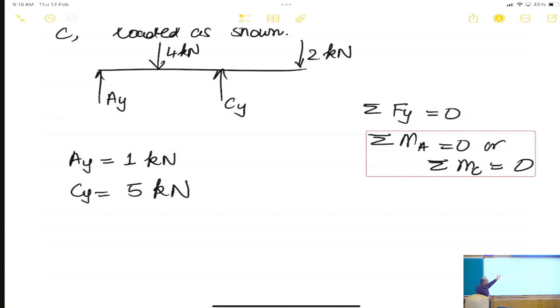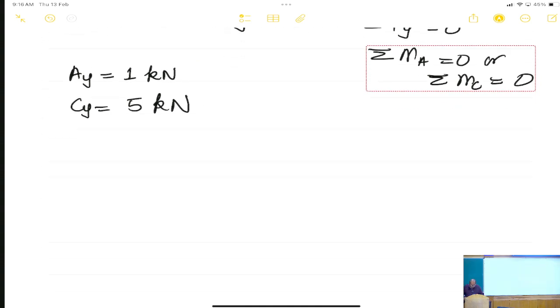The first step in the solution will be to find A y and C y, which you can easily do. Okay? I am not going to work it out. So, this you get by doing this. So, now